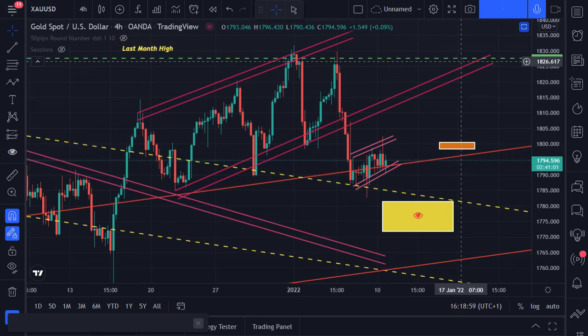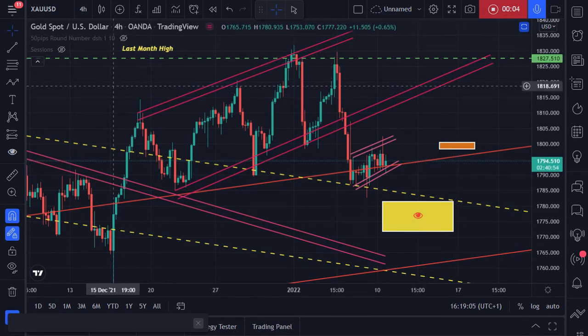Hello guys, good afternoon. I just want to quickly share with you guys my trade view on some assets for this week. Starting with gold on the 4 hours time frame, we can see that price